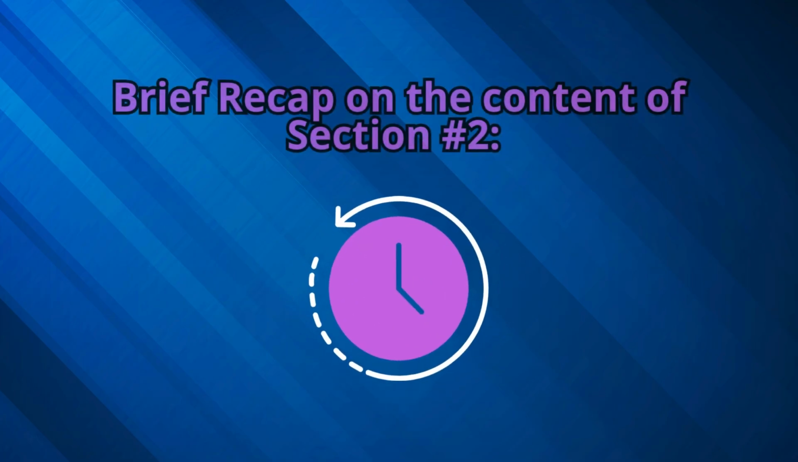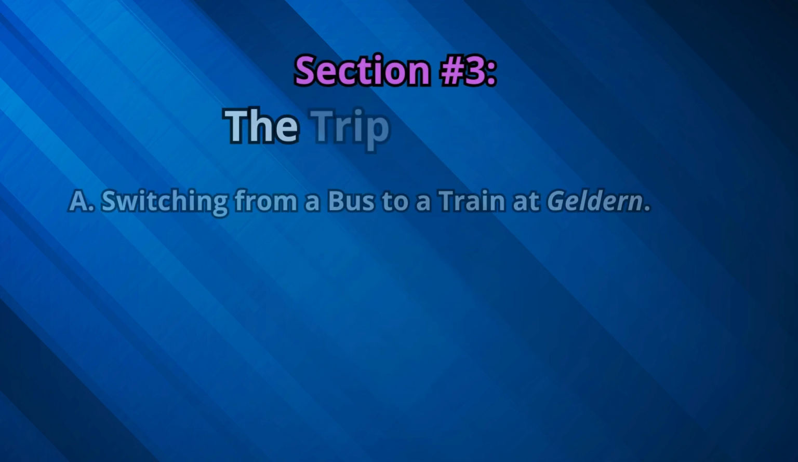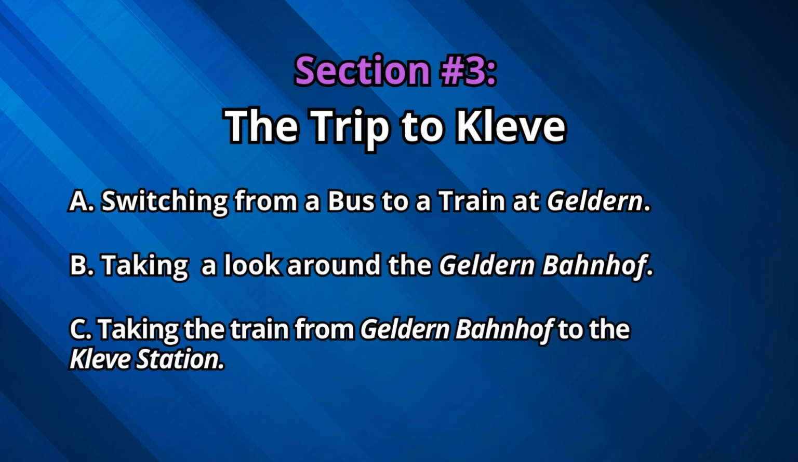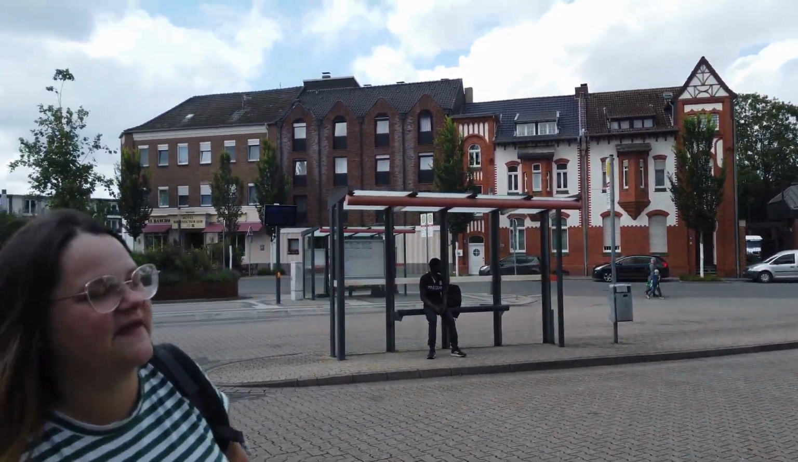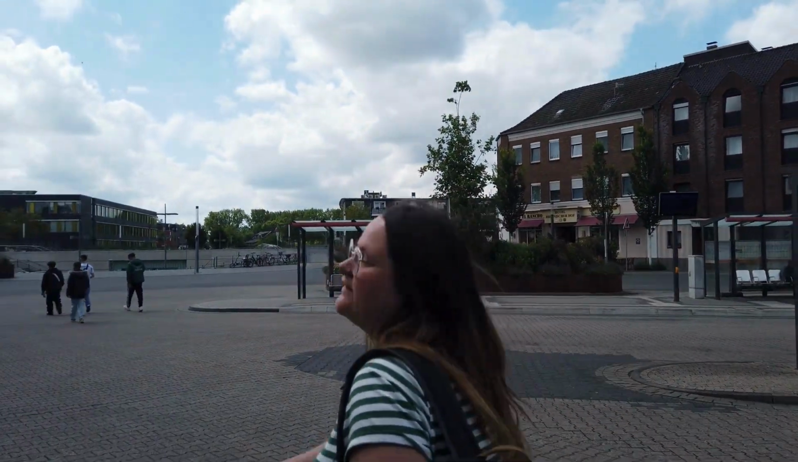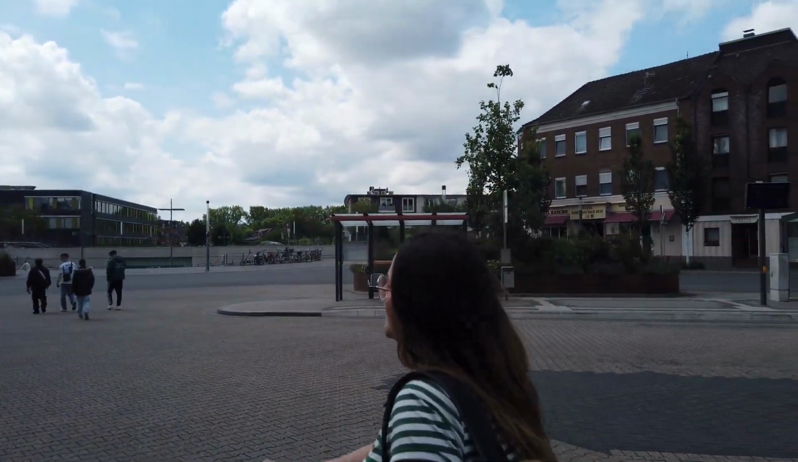Like we mentioned in the first section of the tutorial, in the third section, we cover the whole transfer at Geldern Bahnhof, from the bus station there to the train that takes us to Kleve. Back to our story. Valeria is now walking to the train station in Geldern, from the bus station where she arrived. Now we need to find our train to Kleve,